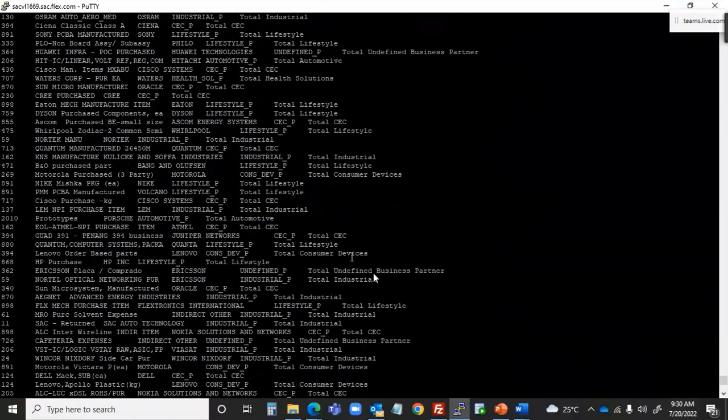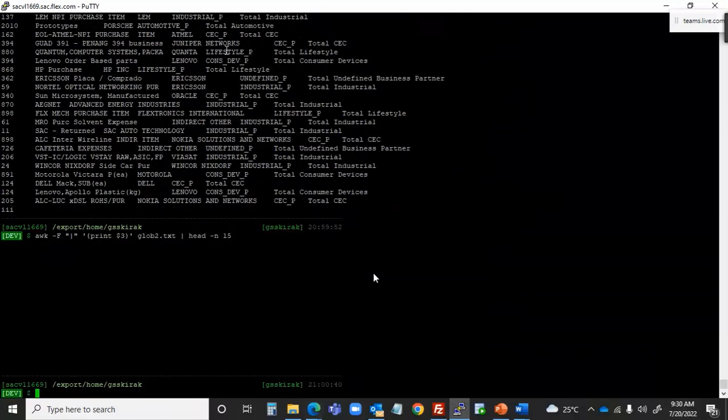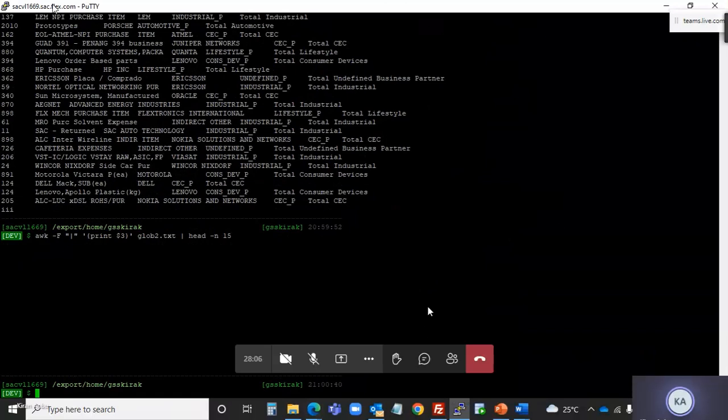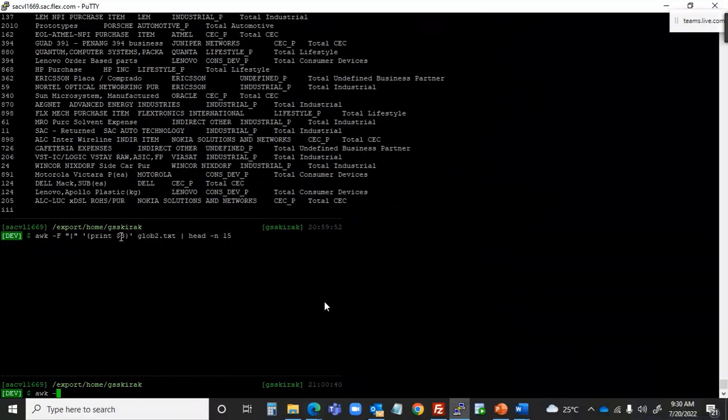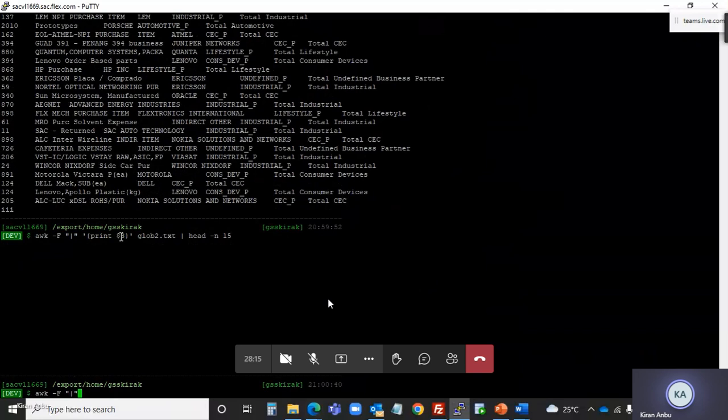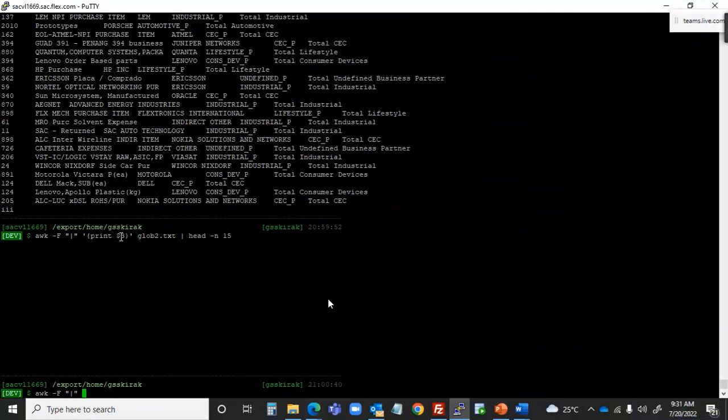Okay, there is no delimiter actually. As I showed yesterday also, if there is no field delimiter, it is all considered as field one. For example, I was trying to print the third column, but instead I am trying to print $1, which means it prints the first column. So awk on globe 2 dot text, pipe,